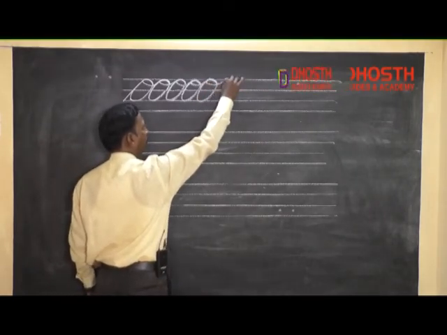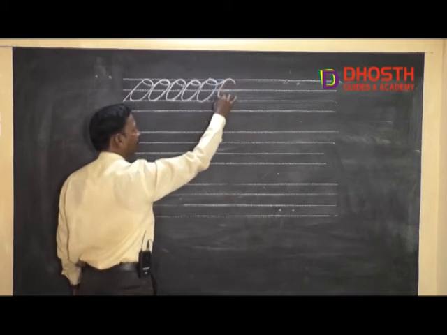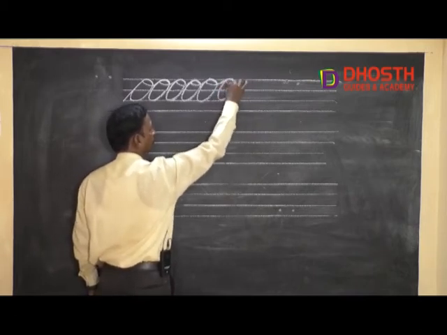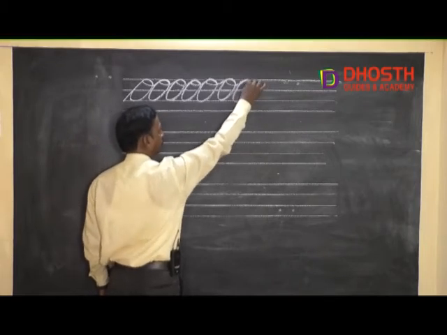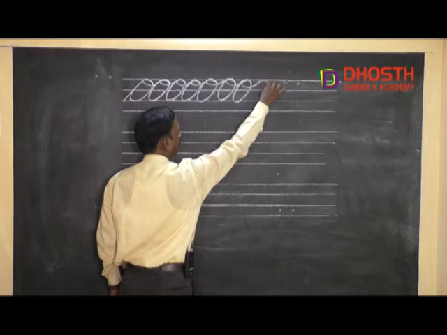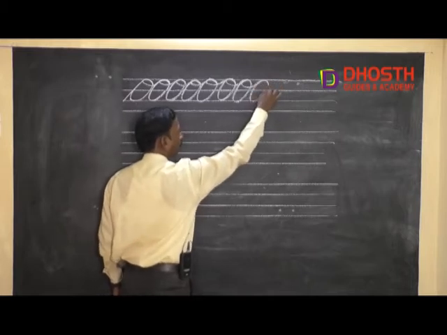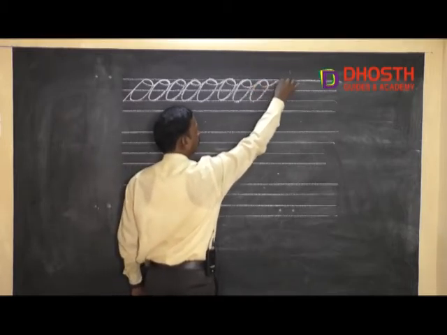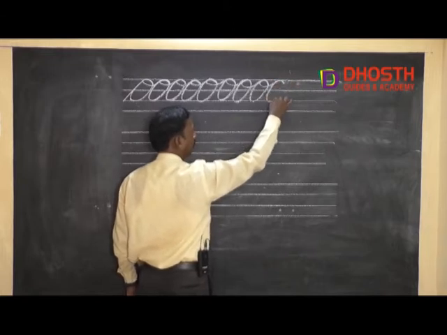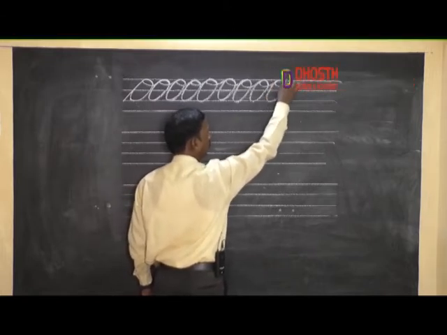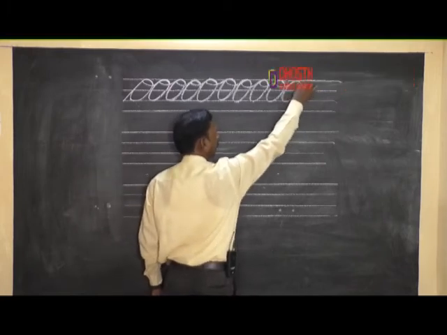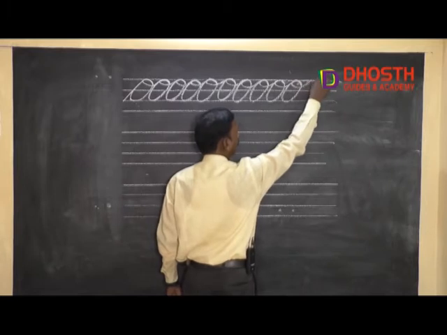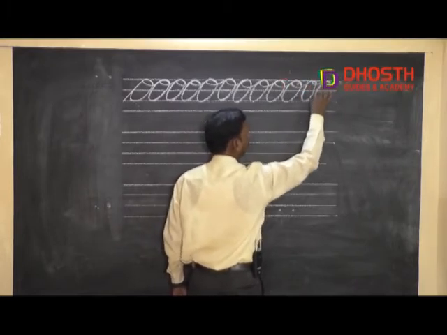Go up, turn, come out. Go up, turn, come out. Go up, turn, come out. Go up, turn. So none of the balloons will have a round shape. All the balloons are in the oval shape and it is tilted towards the right hand side and the string is attached. Just imagine. Okay? Clear? Very good.